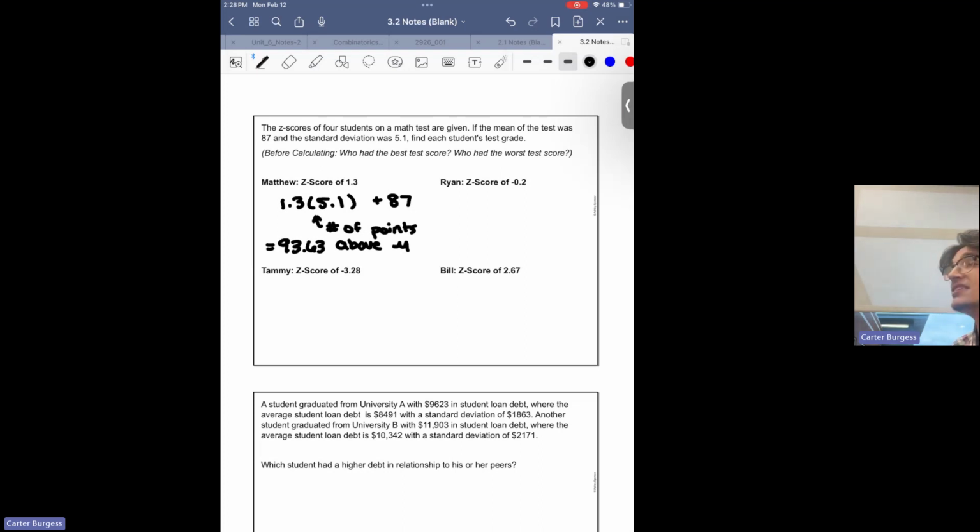So for instance, a z-score of negative 0.2, is that going to be a little bit above the mean or a little bit below the mean? A little bit below. And so we would take that negative 0.2, a little bit below the mean. How much below? A little bit more than a point below. It'll be 5.9. Well, yeah, something like that. So ever so slightly below.